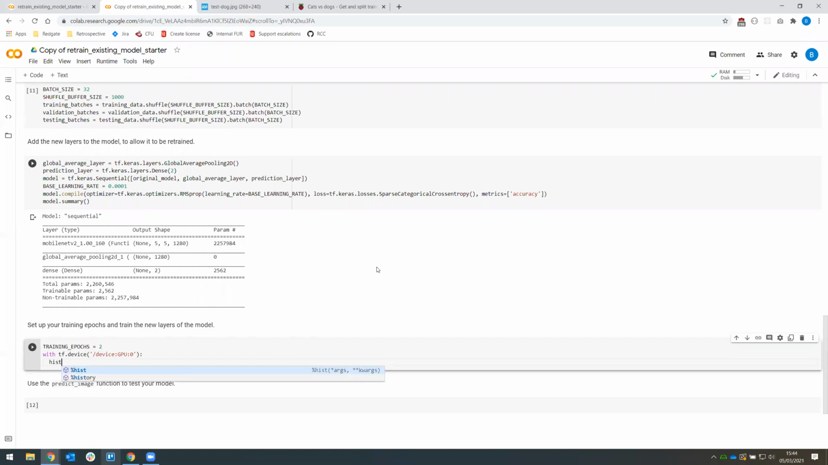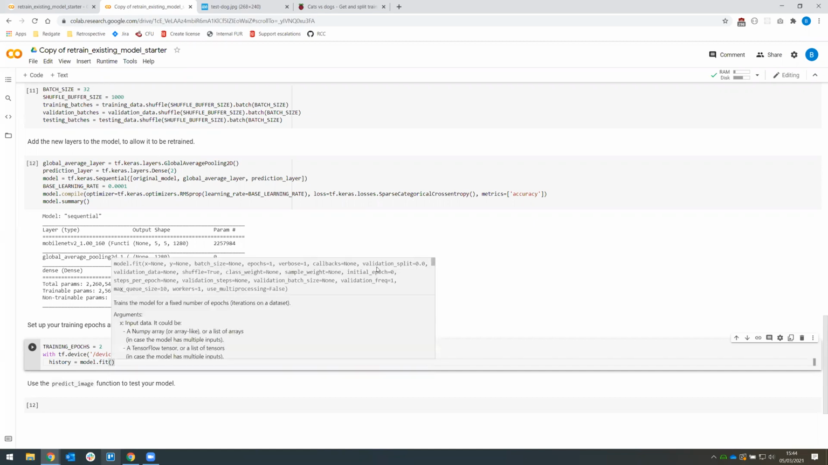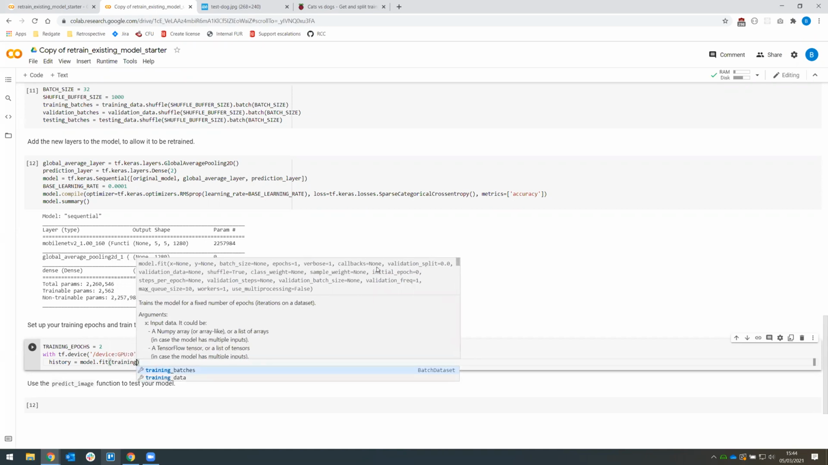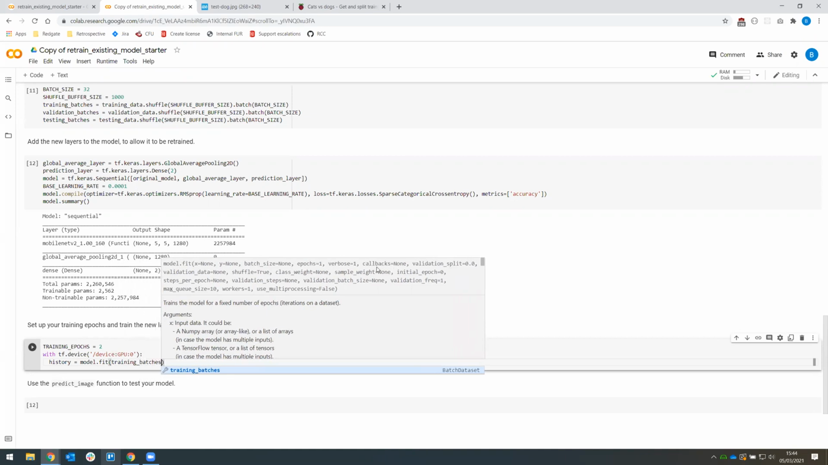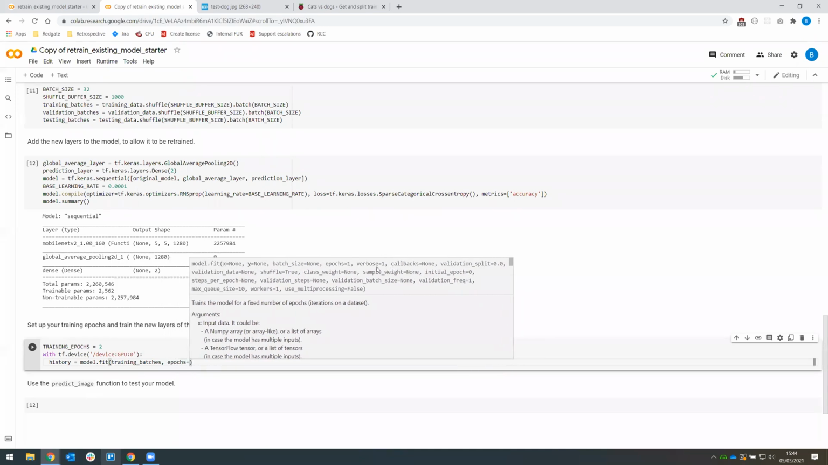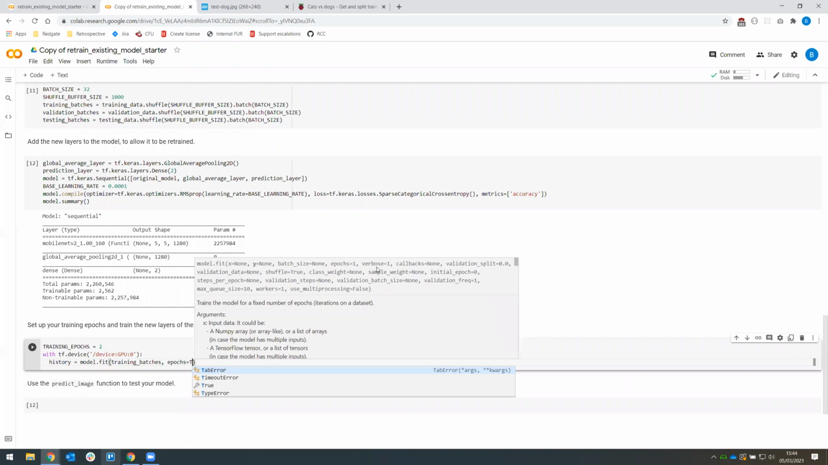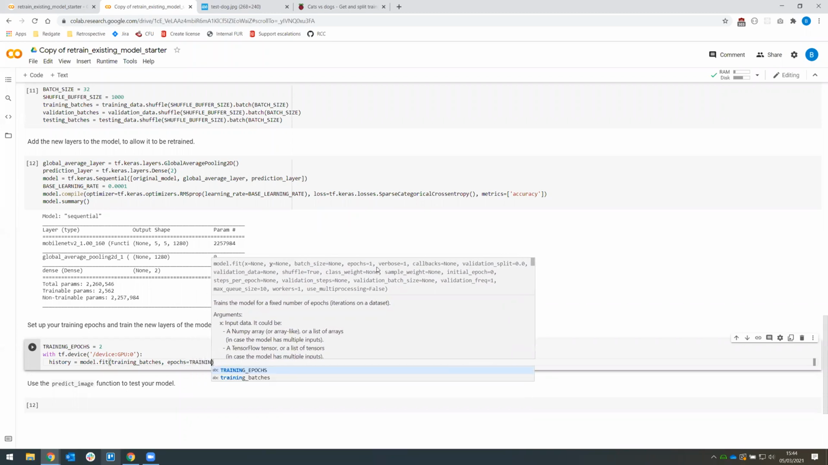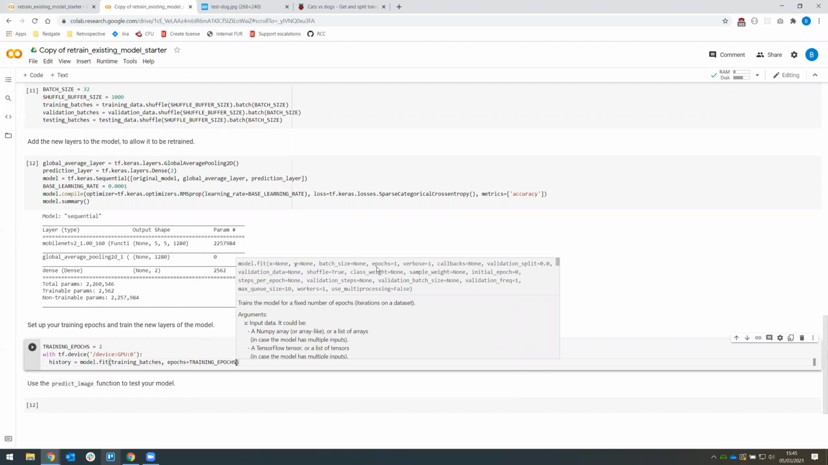and then I'm going to write history equals model.fit, and then open brackets. I'm going to say training_batches. So this is going to be the training batches it's going to use, comma, epochs. So this is where we're going to pass our training epochs variable that we just assigned, comma,